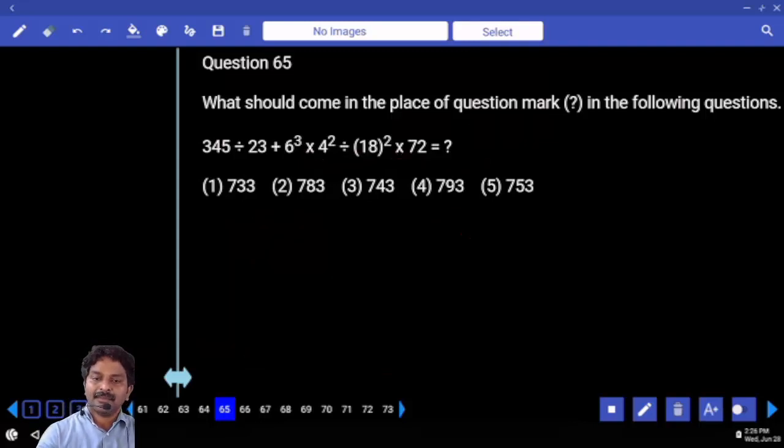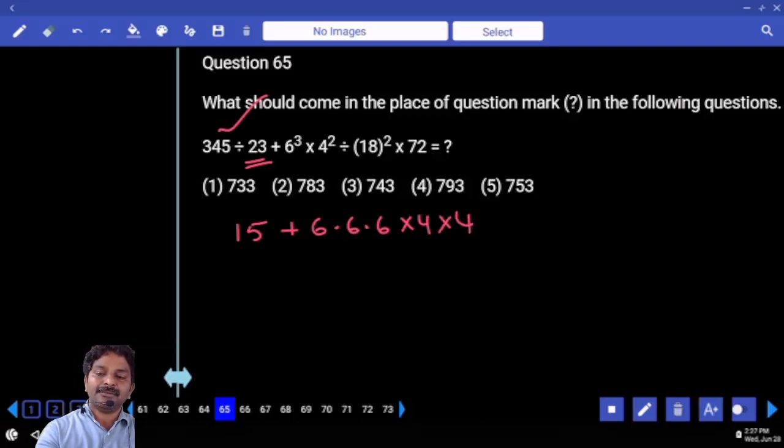Yes. Last digit is 5. So that should be a number ending with 5 because denominator is 3. Correct. 10 times of denominator. 230. Our numerator is more than that. So what is half of 230? 115. 230, 115, 345. Satisfied? 10 times plus half of that. 15 times plus 6 cube. I'll write 6 into 6 into 6 because denominator I could see 18. Yes. Into 4 square. 4 into 4 divided by